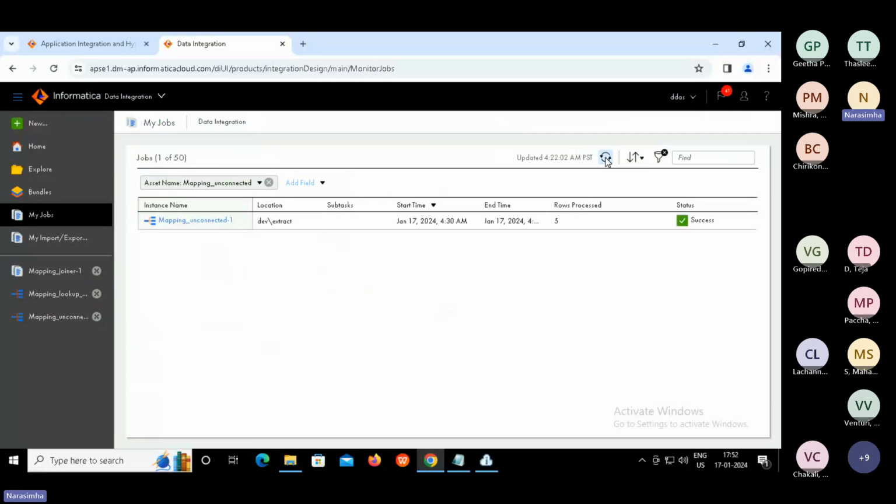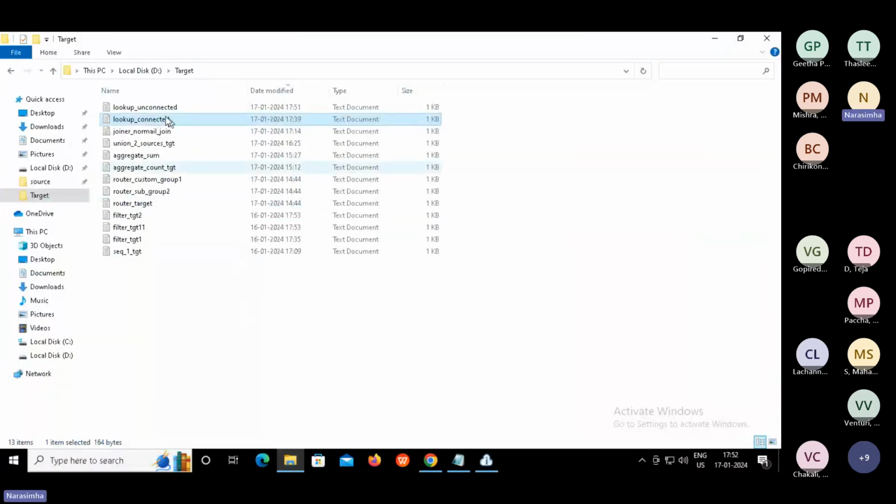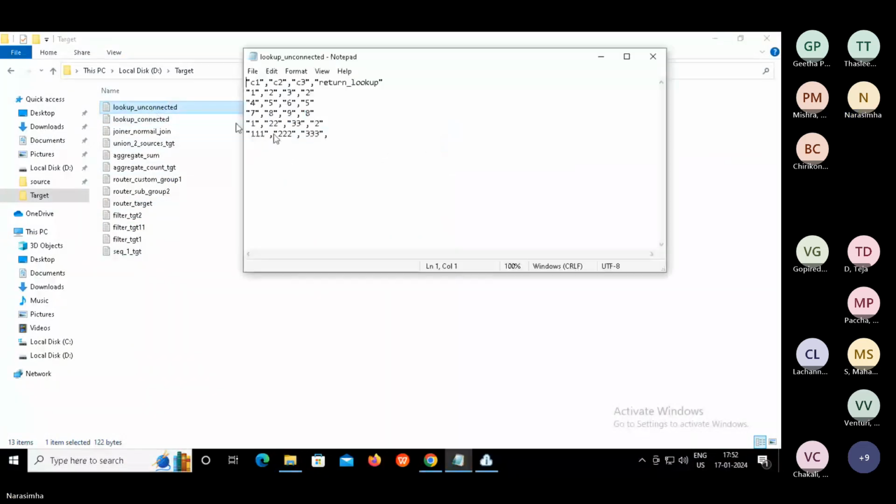And refresh. See, we got the same data counter, which is equal to connected lookup. Now we can see the result unconnected. We got the same result as in lookup connected, because all the rows from the left side are there and the right side data is what? Empty. So this way we could perform unconnected lookup, because here we are trying to return C2.